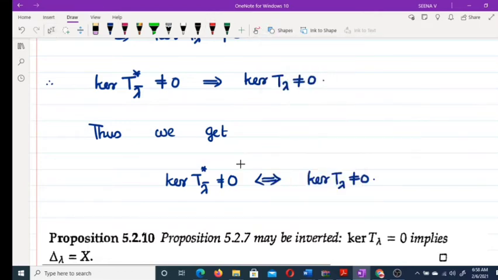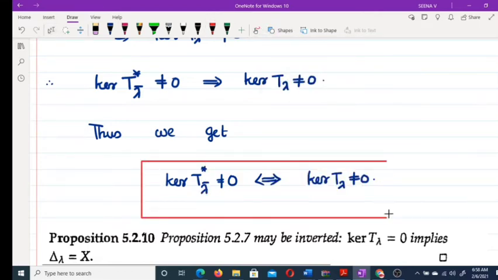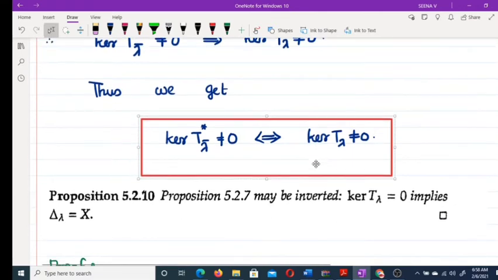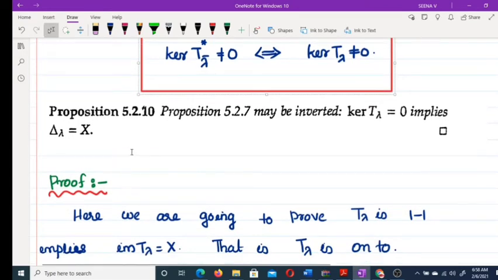Clear? You have to remember this. And here, this is actually the result: T lambda is 1 to 1 if and only if T star lambda conjugate is 1 to 1. That means operator A is 1 to 1 if and only if A star is 1 to 1. Okay. So now moving to the next proposition, proposition